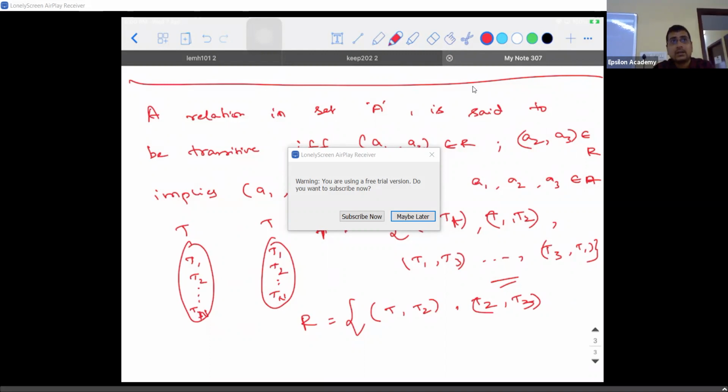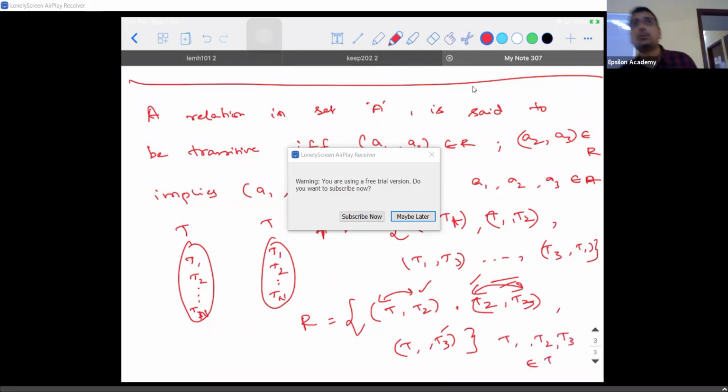Now we have to think, will this satisfy the question? If I say T1 and T2 are congruent and T2 and T3 are congruent, then logically T1 and T3 are also congruent. Then in this relation, will I be able to write T1, T3, which is to satisfy the question? Since all these elements exist, where do T1, T2, T3 come from? They come from the same set, the input set T. I can say this relation is transitive. Are you guys convinced? Yes.